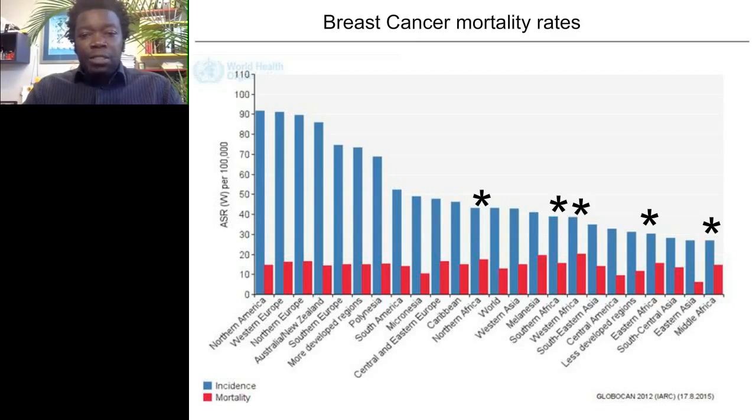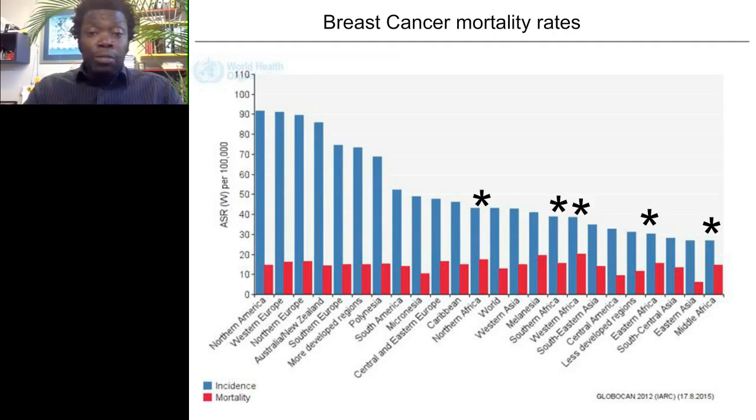Now, if you look at the second asterisk, which represents Southern Africa, so Southern Africa includes South Africa, Botswana, Mozambique, Namibia, Zimbabwe, Swaziland, and Lesotho, so the extreme southern tip of Africa, there is a complete inversion of those statistics. So you have, first of all, a very underreported incidence, as we've mentioned before, but the mortality rate is extremely high. And so you're looking at perhaps over half of women who have breast cancer in this part of the